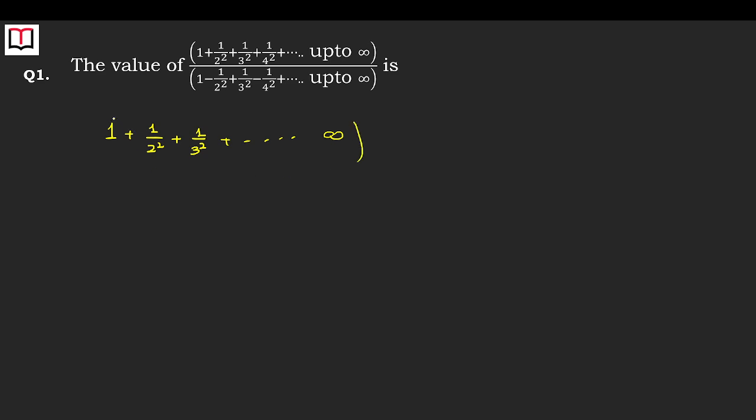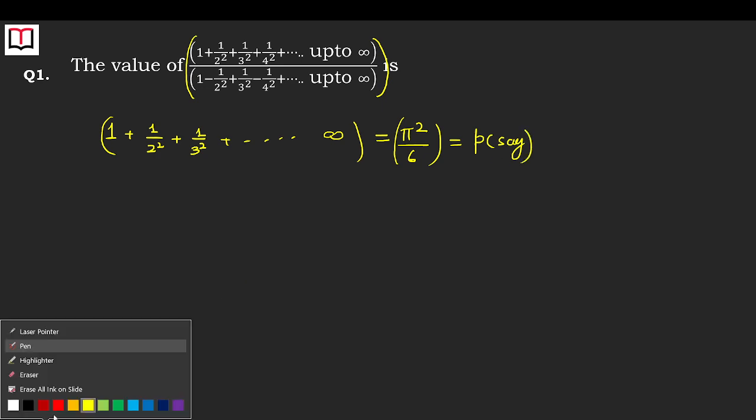I don't think we can evaluate this series as it is directly, bacho, until unless you people know its value. Because of one reason or the other, its value is pi square by 6. If you know its value, then also I believe that you can evaluate this without even knowing the value of this series, which is 1 plus 1 by 2 square plus 1 by 3 square, and so on. So I will say, let's assume that we don't know its value and the value be